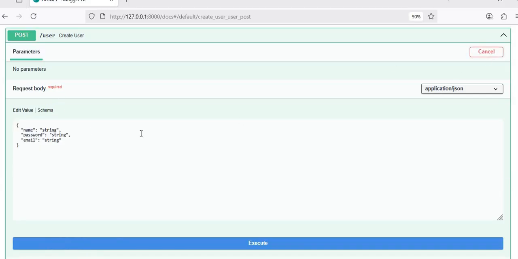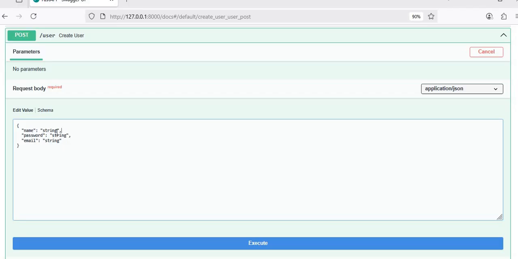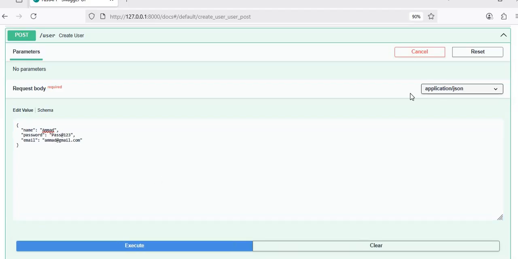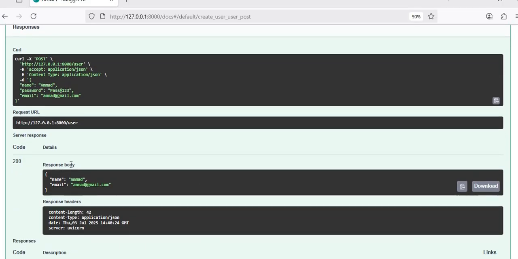Try it out. We have to put the name. I am passing the name Aman and the password, let's say pass@123, a strong password with 8 characters, and email ahmad@gmail.com. And let me execute this, and if I see the response, I am getting status 200, means our request